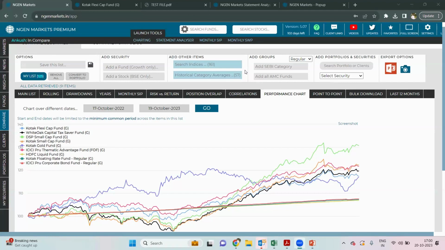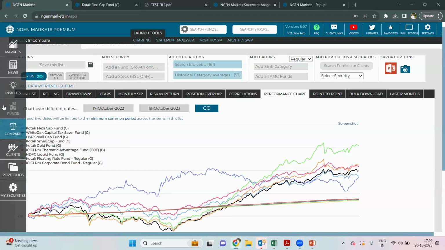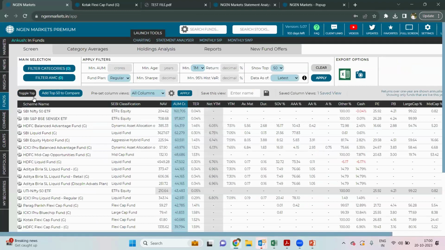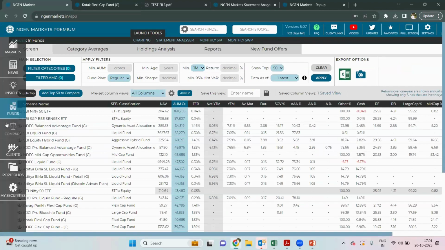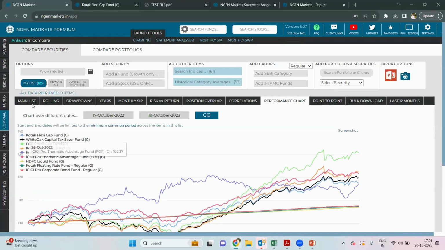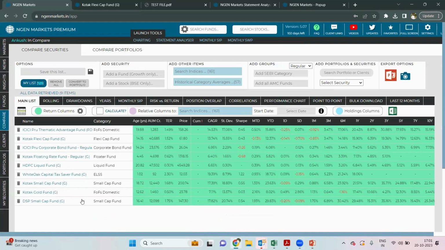Yes, absolutely. We will, I mean, we won't take the time here to do it, but that process in our system starts at the fund section screener. This is where we go through the entire universe of the funds. As we go through these different parameters and start sorting, we start adding the funds we like, using the button on the left, to the compare list. And maybe we end up with a smaller list of, let's say, 30, 40 funds. Then we use the compare section to further drill down that list into a manageable list of 10 to 15 funds. And once that is done, we convert it to a portfolio and take it to the portfolio section,